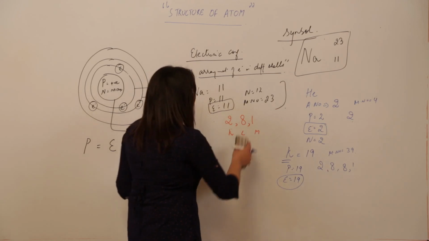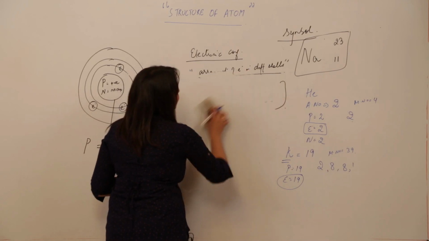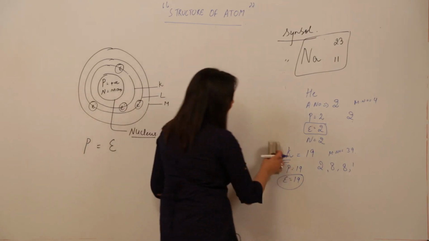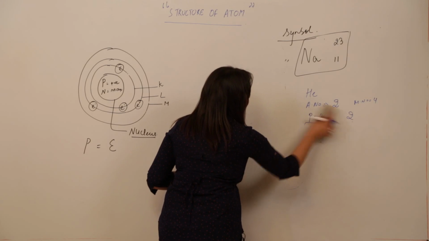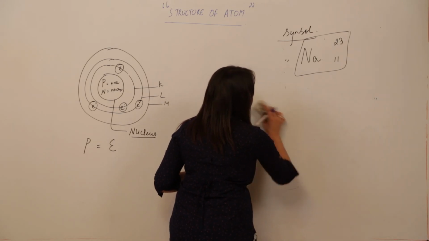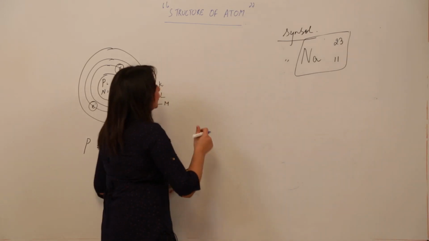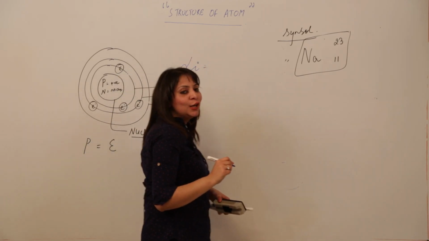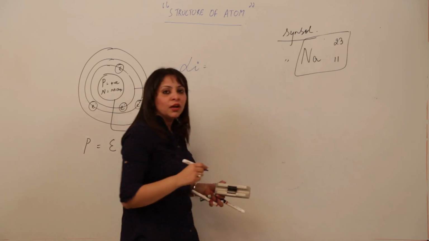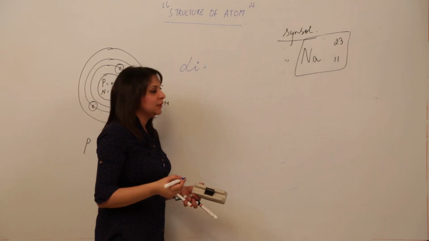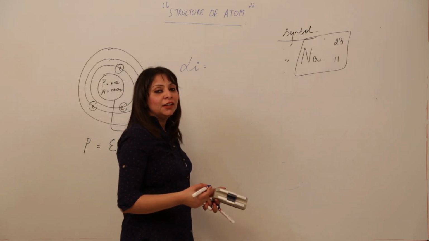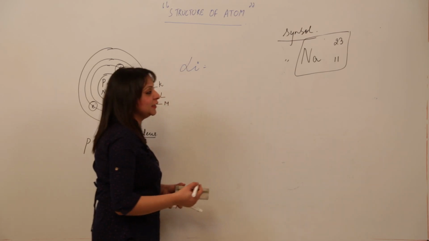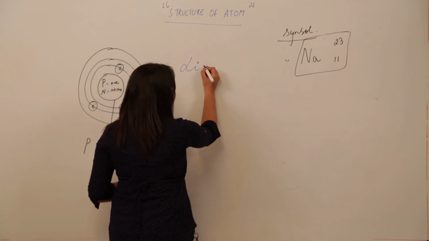Now if we wish to make the atomic model, like if somebody says, according to Bohr, if you want to make an atomic model for a certain element, how are you going to do that? See, we are taking an example of lithium. I am taking different examples so that you should be familiar with the atomic numbers, because if I take the same example, you will be restricted only to that one. So try to remember these atomic numbers. These are very important. I am repeating again.